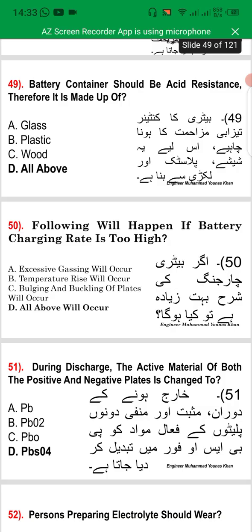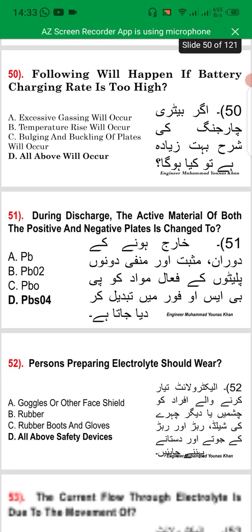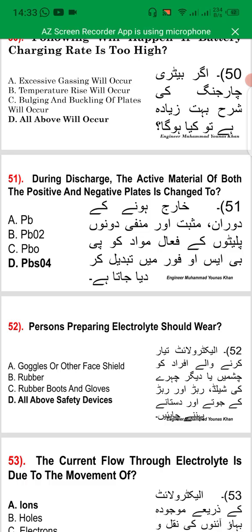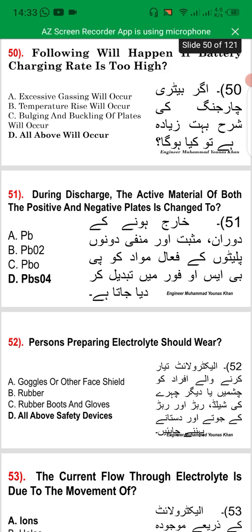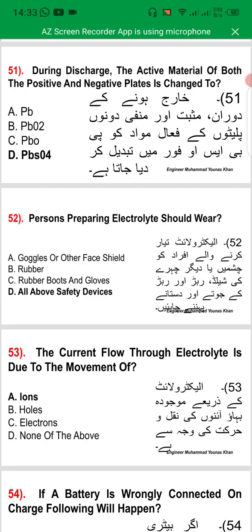Battery container should be acid resistant, therefore it is made of glass, plastic, wood, or all of the above. Following will happen if the battery charging rate is too high: excessive gassing will occur, temperature rise will occur, bulging and buckling of plates will occur, all of the above will occur. During discharge, the active material of both the positive and negative plates is changed to